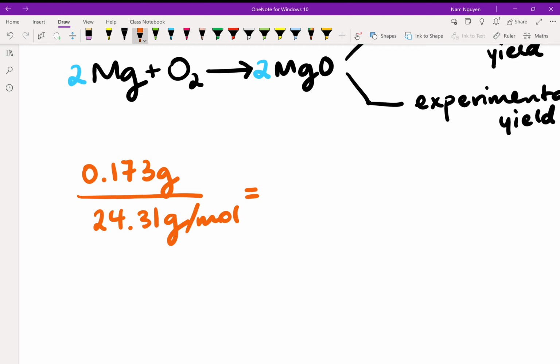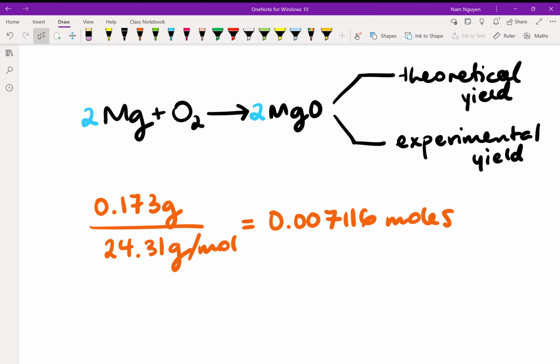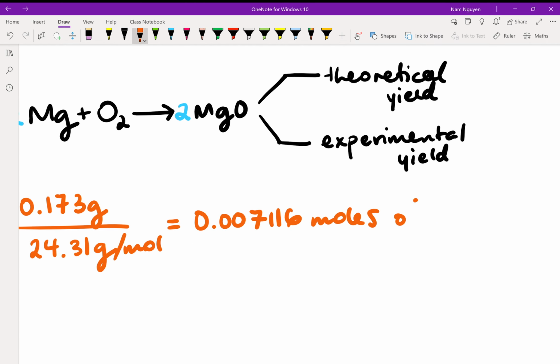0.173 divided by 24.31. 0.0. Give me another one. 711. 6. All right, cool. 4 significant figures. All right. So that's how many moles of magnesium